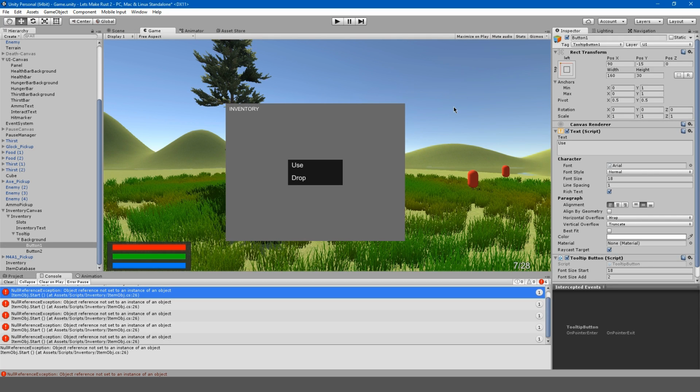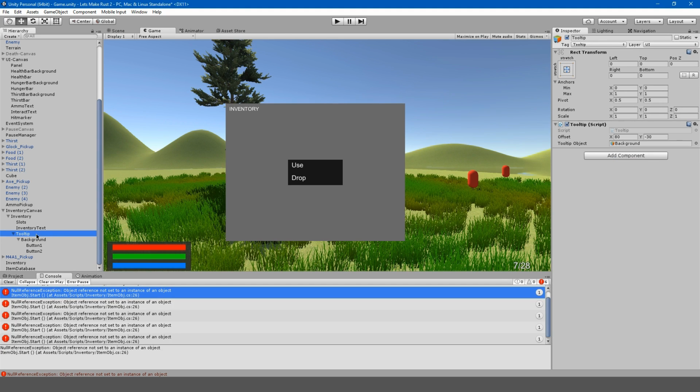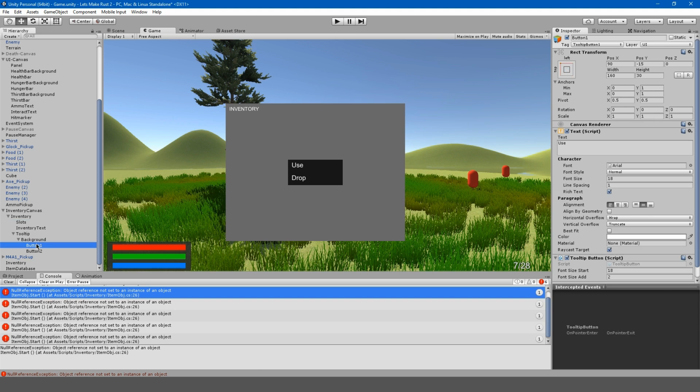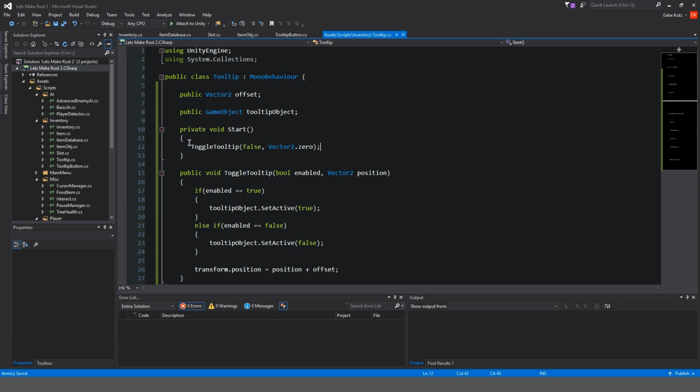I don't know if there's a way to bypass that. If anyone knows how, just let me know. That'd be kind of cool. It's strange that you can't, but I guess it kind of makes sense. So by simply disabling the tooltip like this,